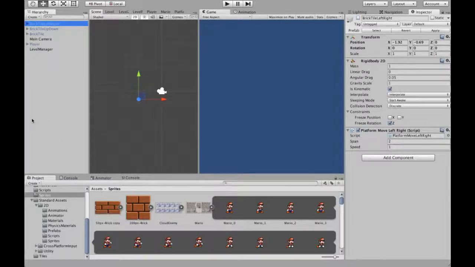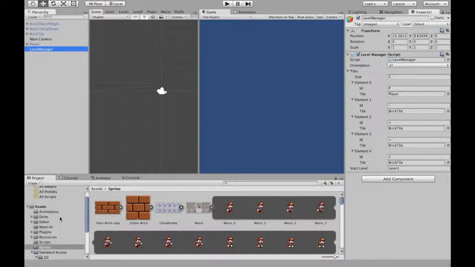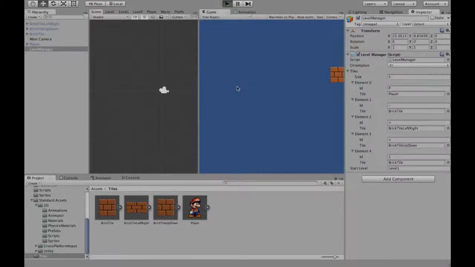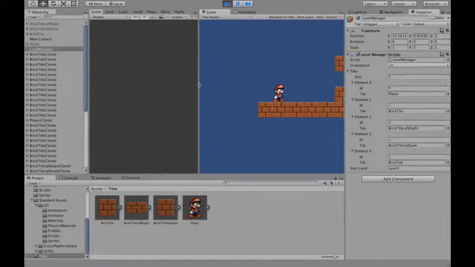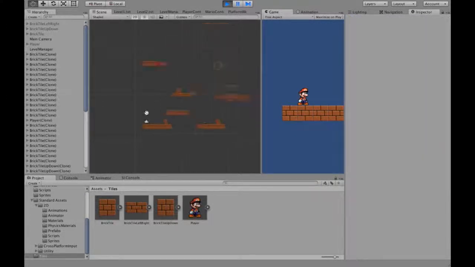But what we'll do in our level manager, we can now successfully use our tiles. So the left and right was this one, and up and down was this one. So now when we run our game, our camera successfully moves, and look at that. Now we have our tiles going up and down, left and right, we have our Mario,